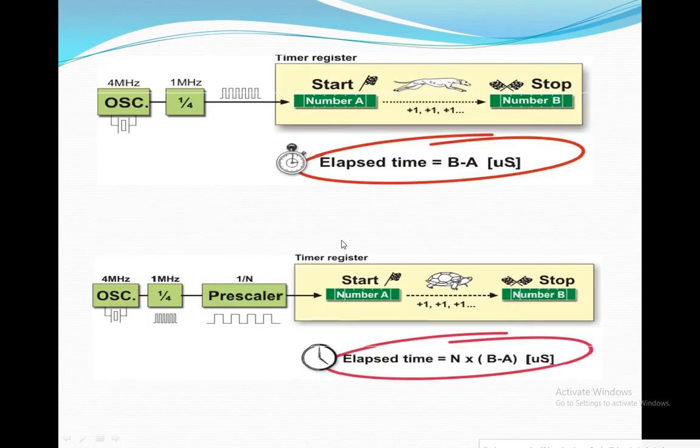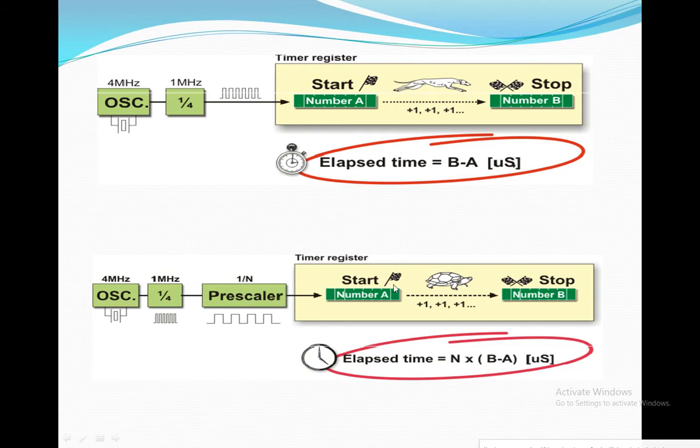All of you can see this oscillator frequency. We give an oscillator frequency of any value to the microcontroller depending on the user needs. For 8051 we give 12 megahertz, and for the PIC microcontroller this frequency varies. We can operate the PIC microcontroller series ICs at different frequencies: 4 megahertz, 20 megahertz, 48 megahertz, depending on the user need.